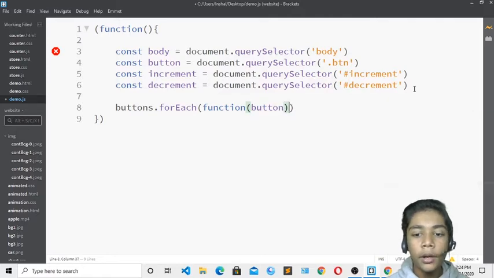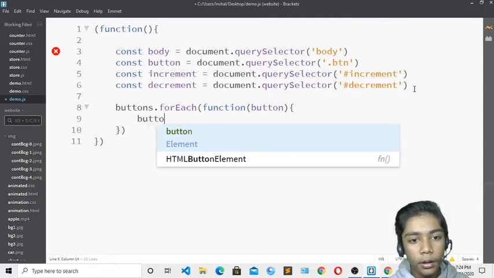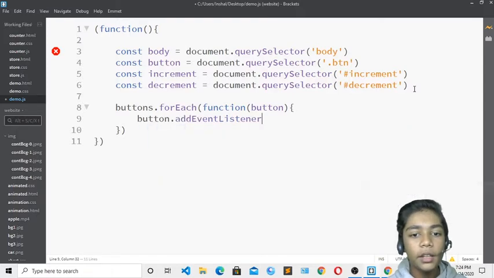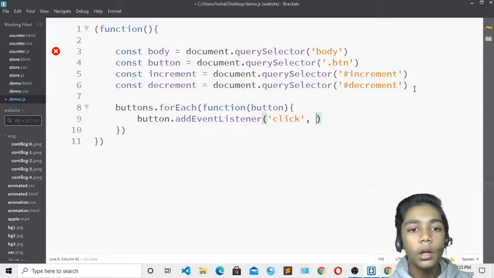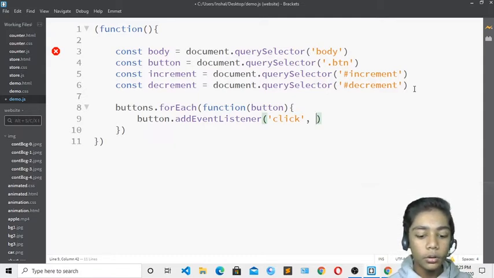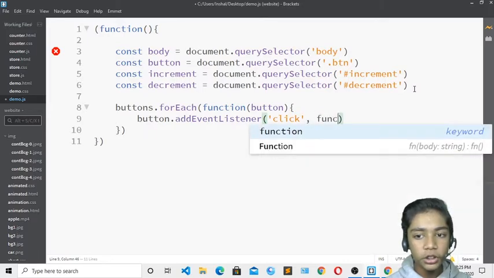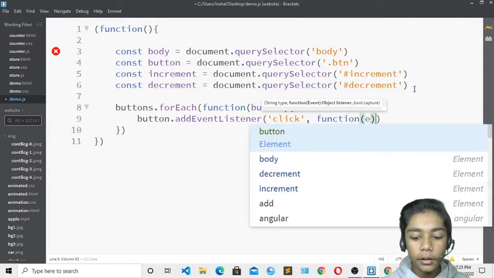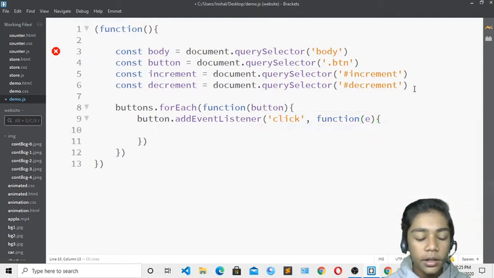Not e. And now here you have to write this sign, and again come over here and define button, and here you have to write dot addEventListener, and now here you have to define click. So write over here click, and now here you have to define another one. So now here I will define my function, and in that you have to write e.